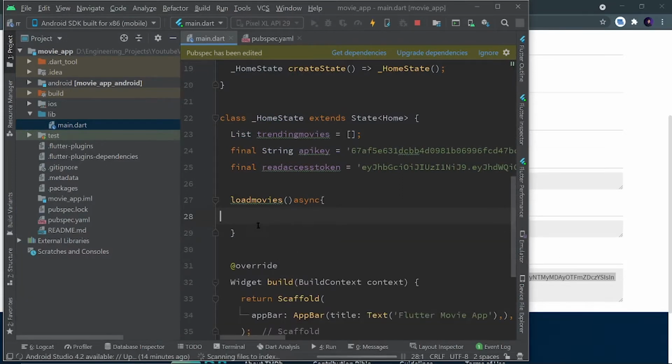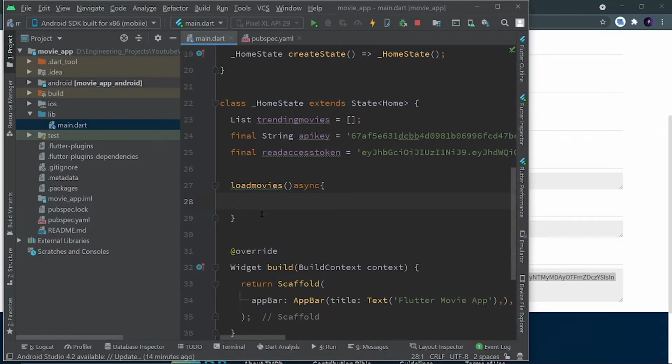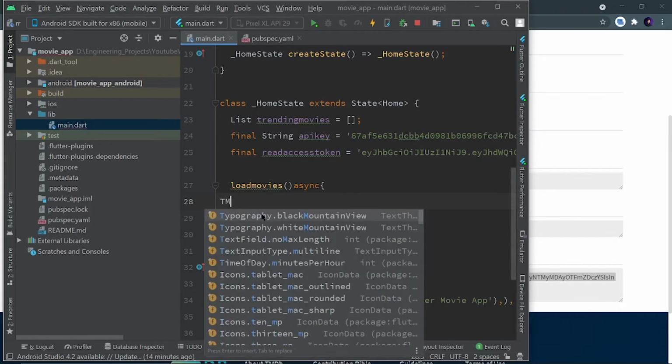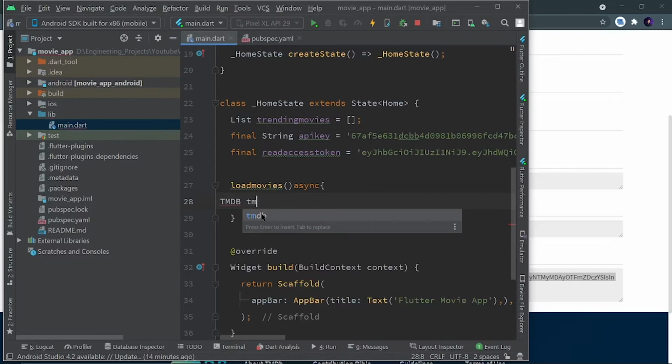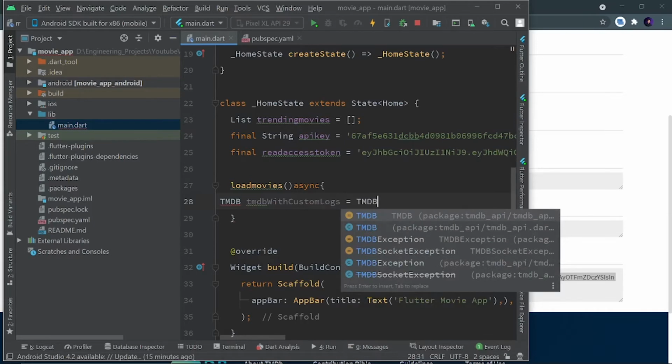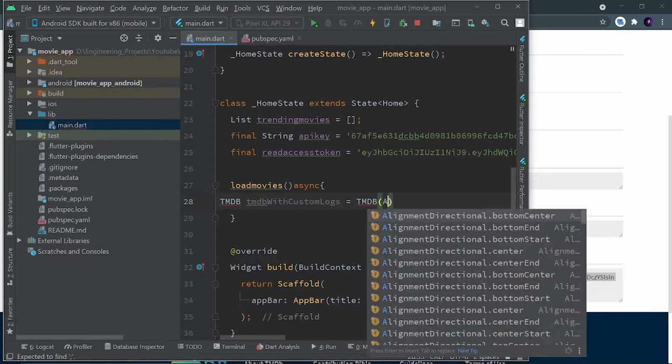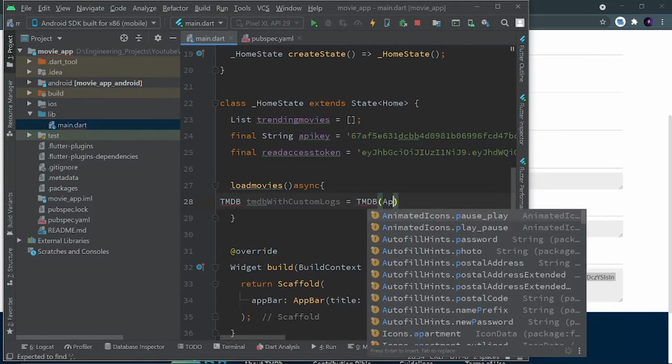Yes, now we can write our function. First of all, we have to initialize our TMDB object. So that we can do by TMDB, and let's call it TMDB with custom logs. And over here you have to define TMDB, and in the parameters you are going to define API keys.